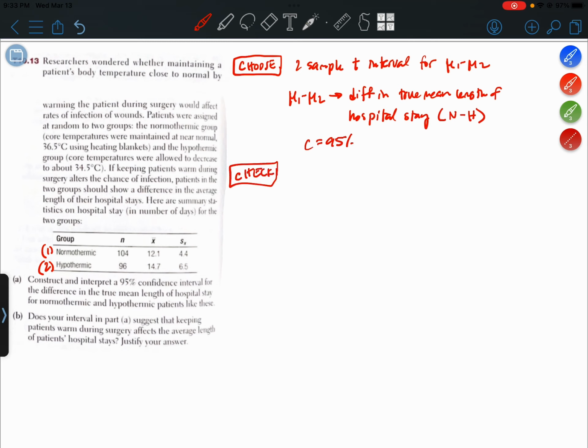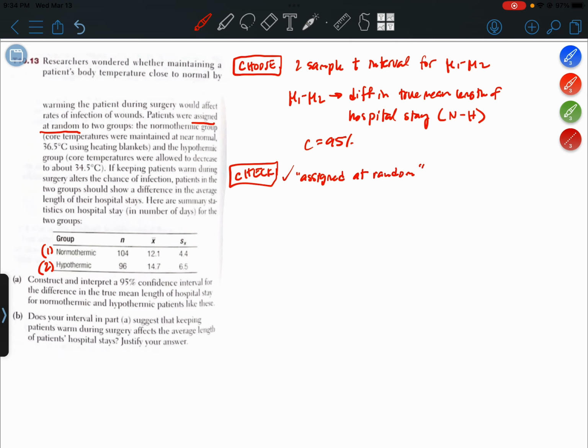All right, now we'll check our conditions. So there was no random sampling. Let's make sure we're clear on that. You can read through the question stem again, and never once does it say random sampling or samples. It does say patients were assigned at random, so random assignment. That's fine, right? It still meets the random condition. Okay, so I'm just going to quote that phrase, assigned at